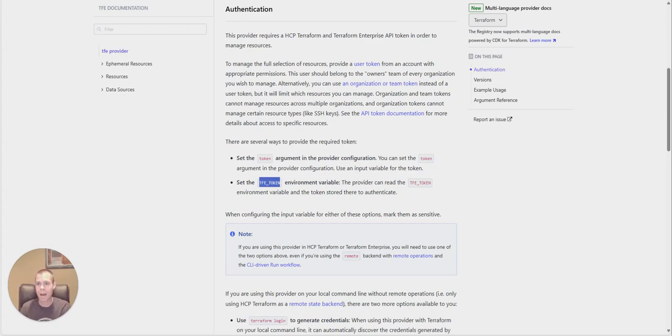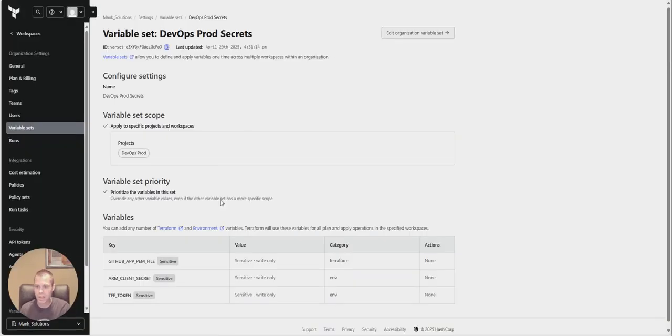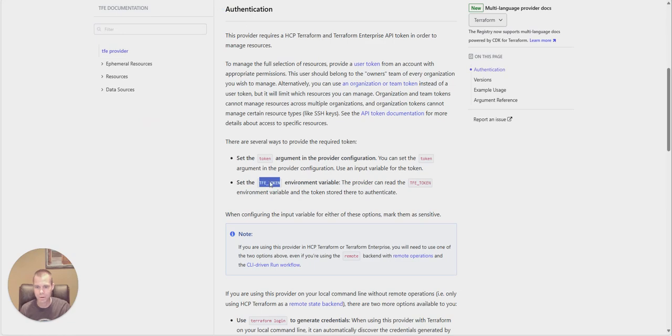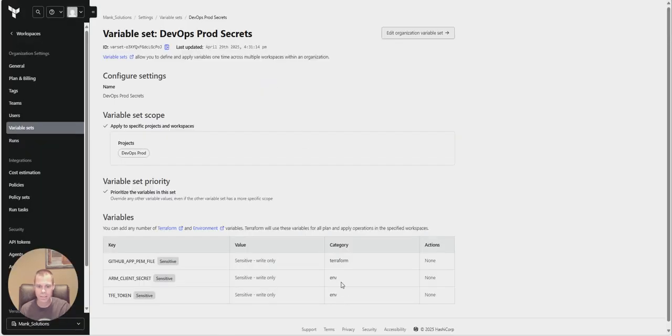So now if we jump back into our DevOps prod secrets, you'll see that here we have our TFE token that's set as sensitive, and it's that same value here, TFE token, and it's set as an environment variable. So that is why we set that name. I didn't make this name up. It comes straight from the provider, and also why we make it an environment variable so that we can always make sure it's set there when we're running on the agent, whether that's a cloud agent as part of Terraform